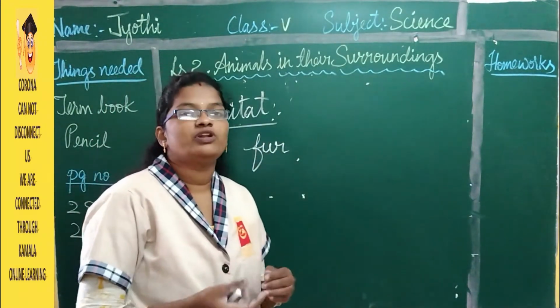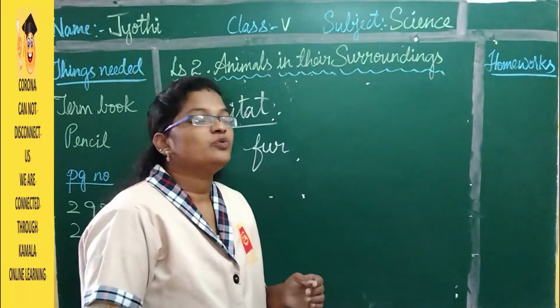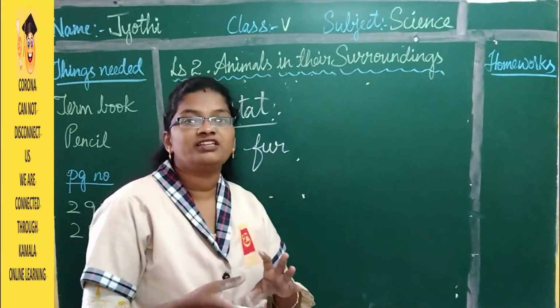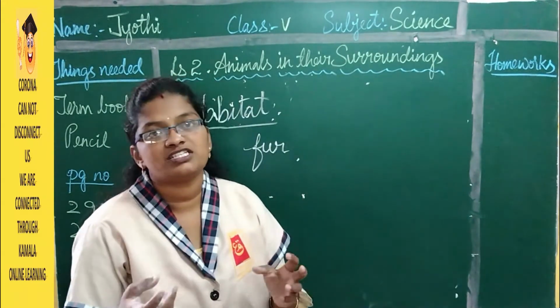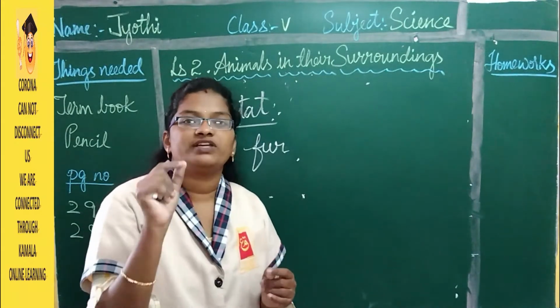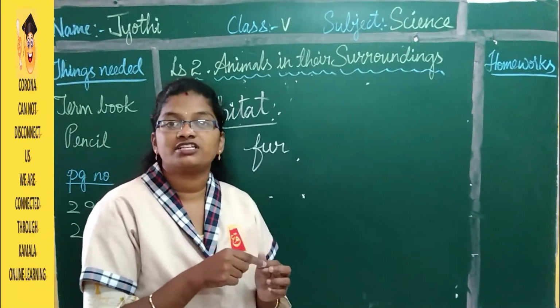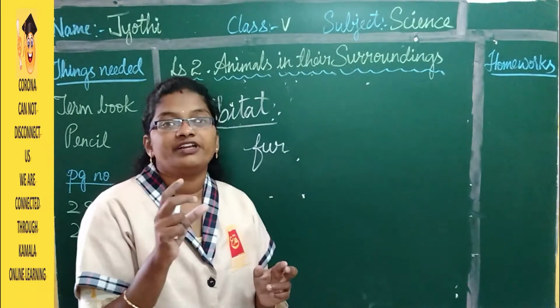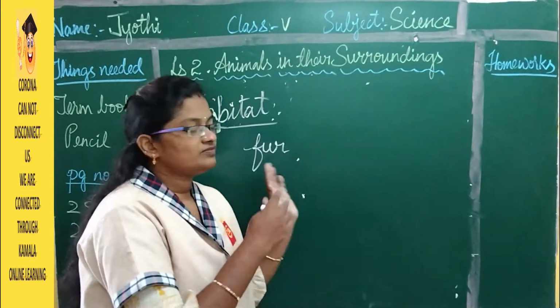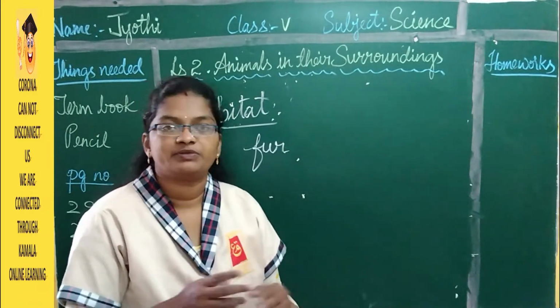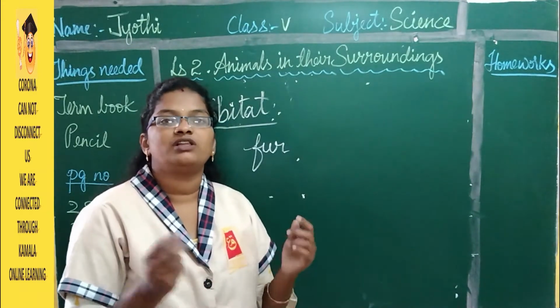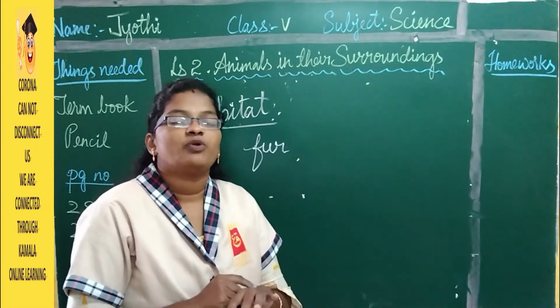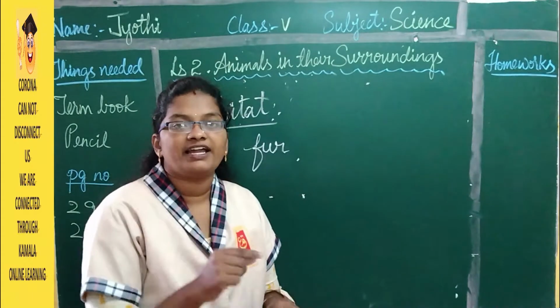If you take a few more, like the polar bear, the fur is very thick. And if you take a goat and a sheep, for the goat the hair is very thin and very light. For the sheep it is very thick and very dark, right? So from one mammal to another it's going to differ, but all the mammals have the body covered with skin and hair.